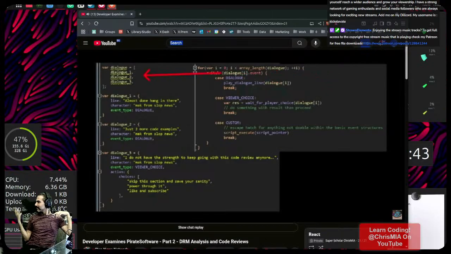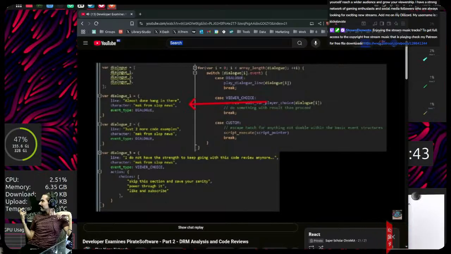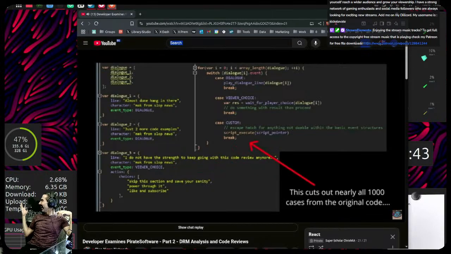Here we have the dialogue array filled with structs, and each dialogue line is a struct in itself, and it tells us exactly what kind of dialogue event it is and what choices and actions are possible for it. This reduces our switch statement to a handful of cases depending on how many event types we end up having. Secondly, it provides a very solid and reliable structure for us to use for all the cutscenes and dialogues within the game. Also, variables in GameMaker can point to other scripts.